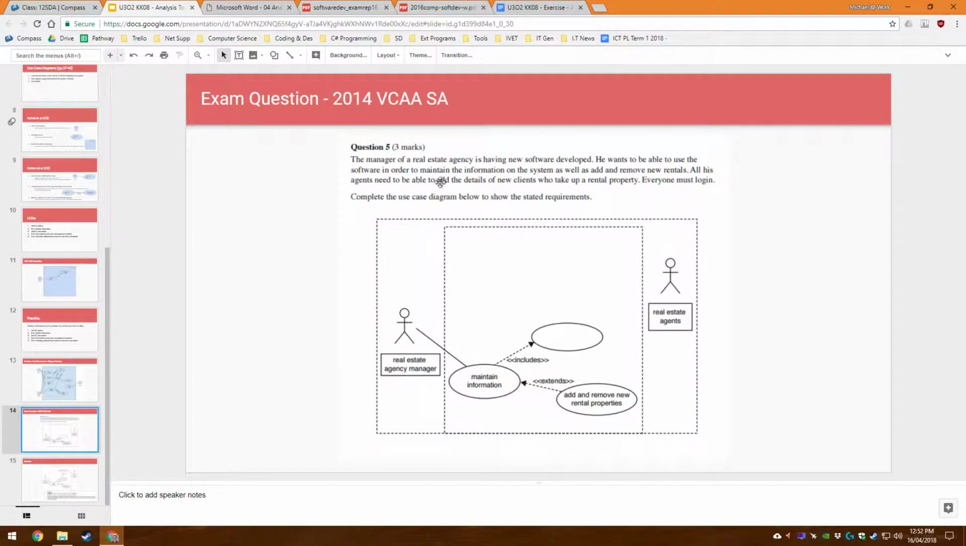All his agents need to be able to add the details of the new clients who take up a rental property. Everyone must log in. Complete the use case diagram below to show the stated requirements. Now, because it's worth 3 marks, there are probably 3 things you need to include. So what you do is you read the question stem and you go through and check, has everything been